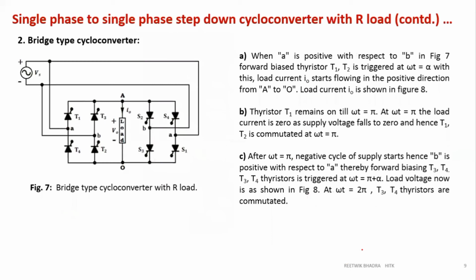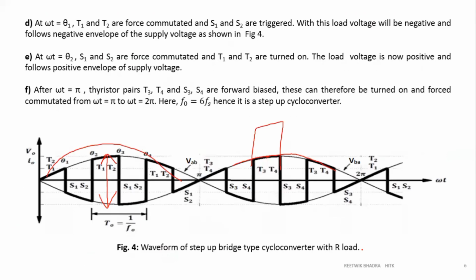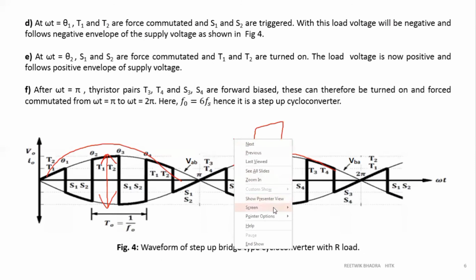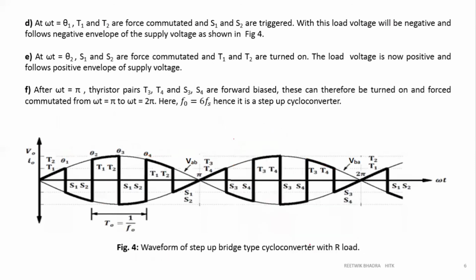Now, if you look into your step down conversion using a bridge converter, since I am expecting you have understood this, I'll explain from here only, then bring a reference over there. Now, at the first, what we need is a positive voltage. During this entire positive cycle, we need only positive voltage. So you can see from this figure, which two switches should be on to give you positive voltage? It is obviously T1 and T2.